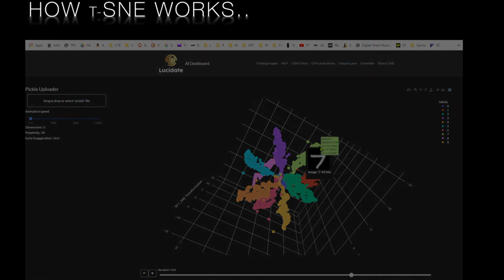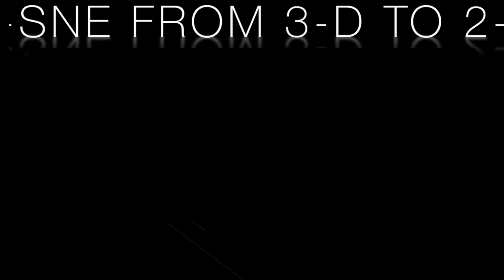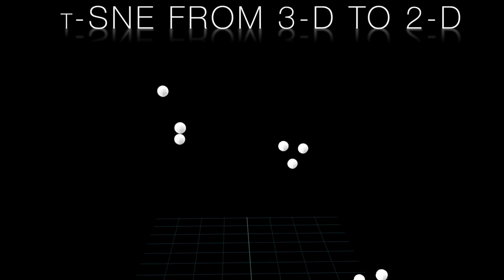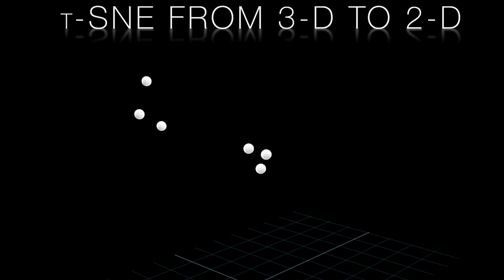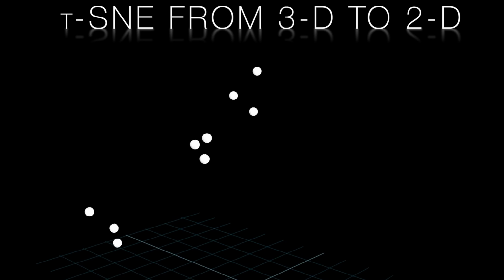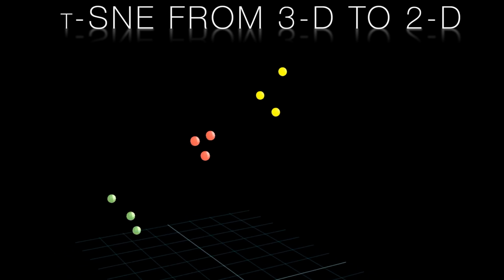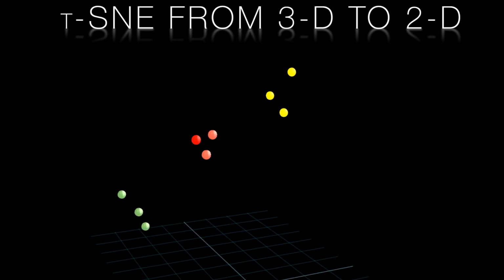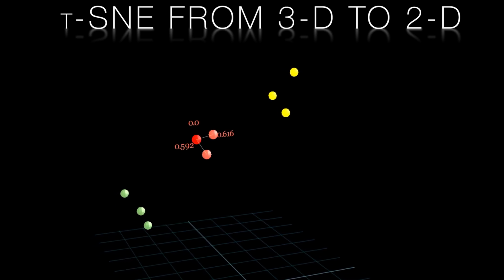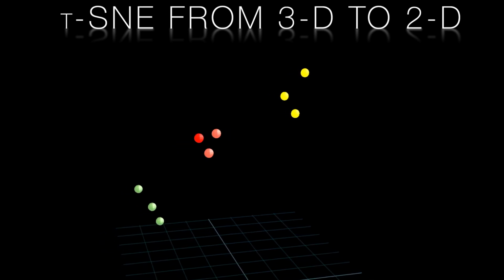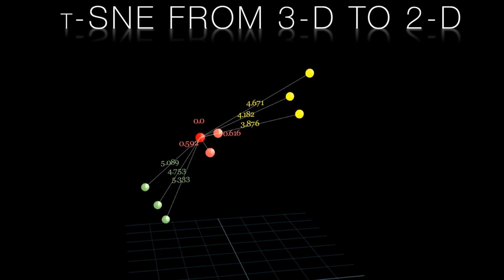Let's look at a simple example. We'll use t-SNE to reduce data from a 3-dimensional bubble chart to a 2D map. Here are a set of points in 3D. We can see that they're clustered together in 3 distinct groups. We can color code each group so that we can more easily refer to them. Let's look at the red group and this red point in particular. We can calculate the distance from this point to each of its neighbours. We can also calculate the distance from this point to all the other points in both the yellow and the